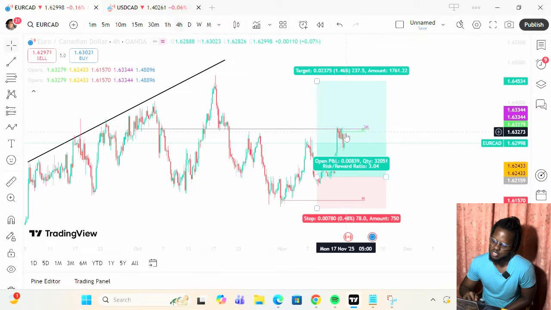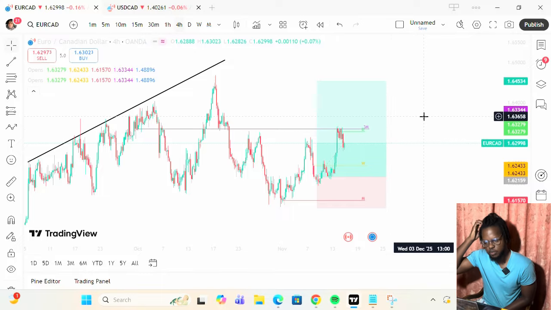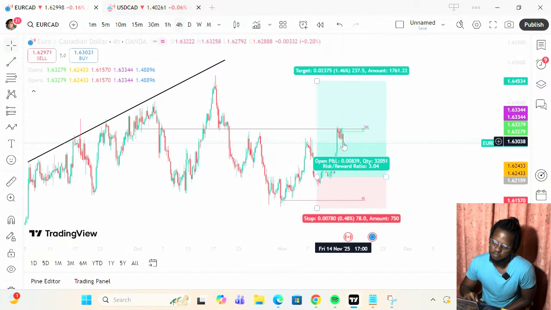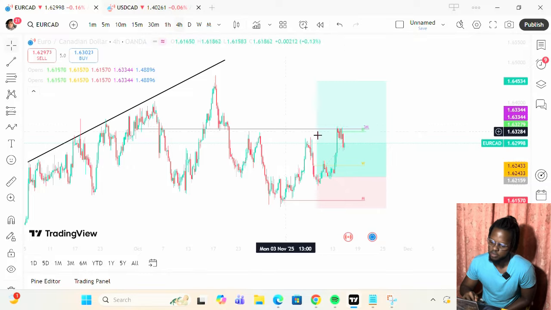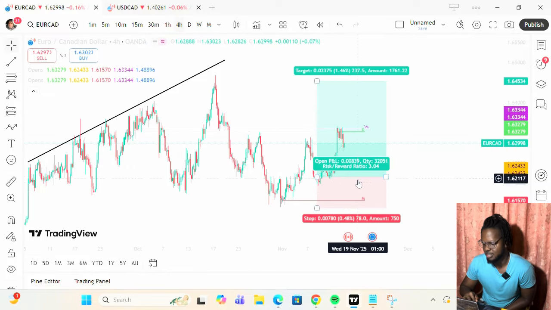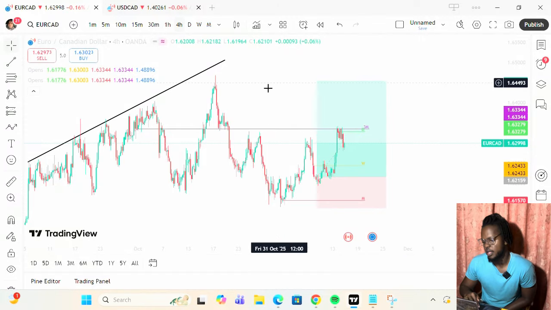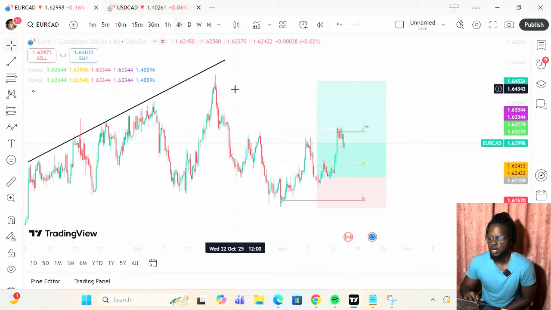Obviously, we're facing a bit of resistance because it's the 3 monthly open, so you can always expect the quarterly levels to cause some resistance, some liquidity. We're also taking out all these highs, so obviously some short-term downside, probably all the way till here. I'm not concerned, but I don't know how long it will take. Maybe a week, maybe 2. I think we're gonna set a new high.